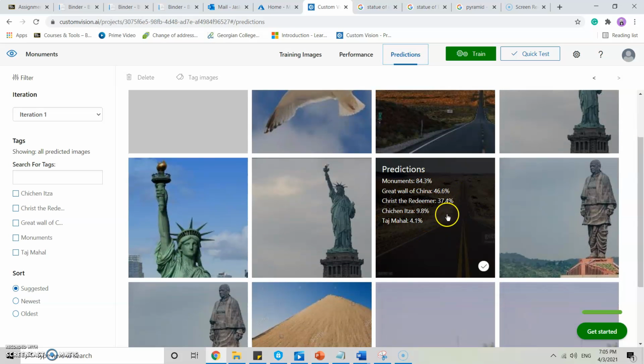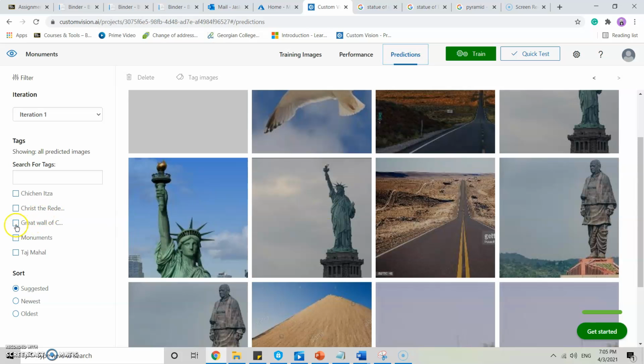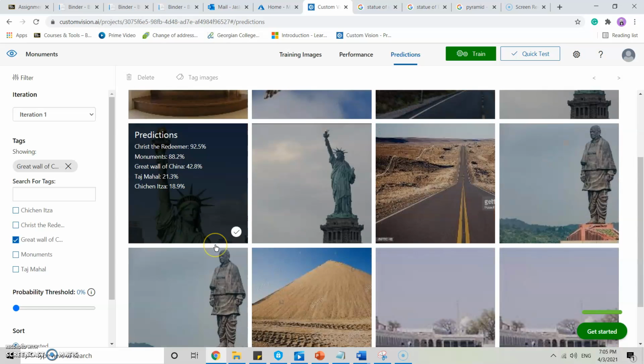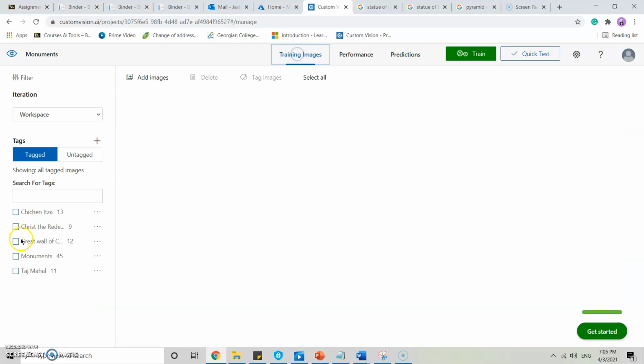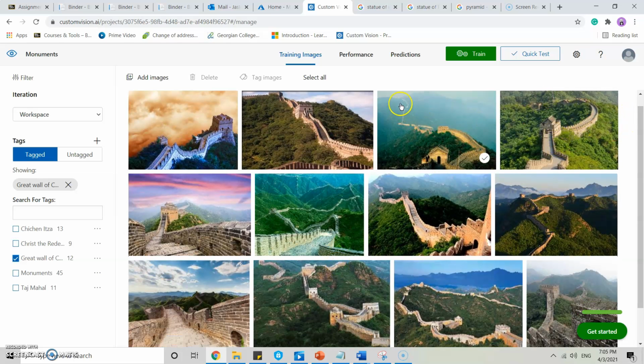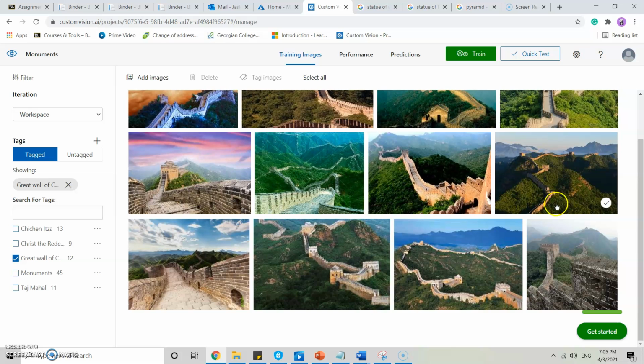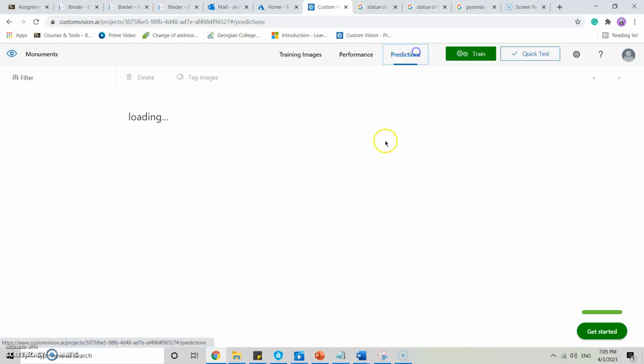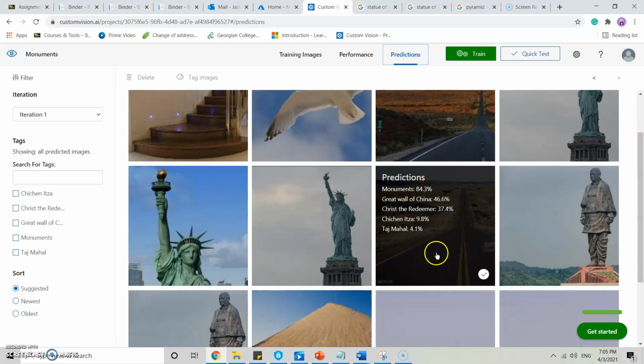If we see this one, it is saying Great Wall of China, because the Great Wall of China has this long type of route in the images which I have used. Because of this long route, it's detecting the longest roads as Great Wall of China.